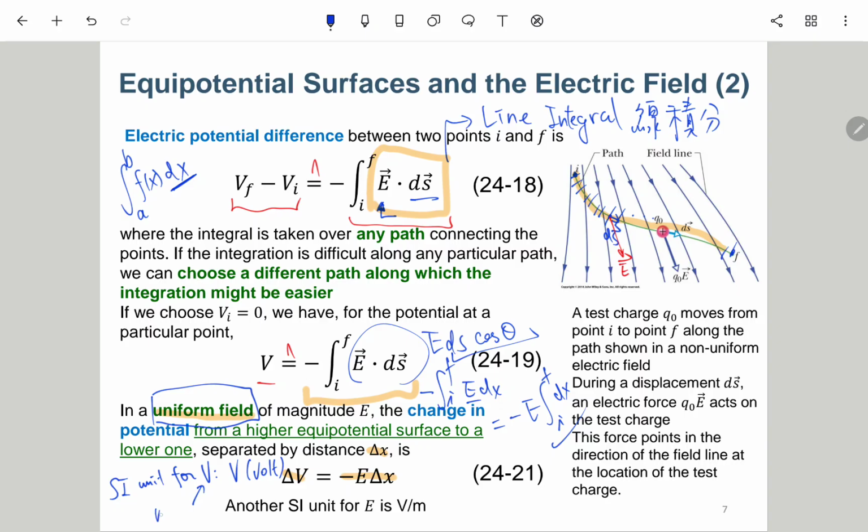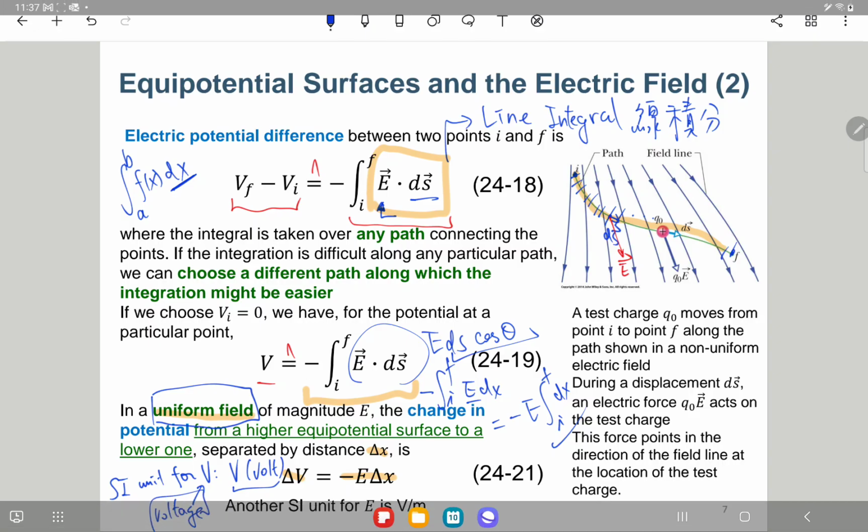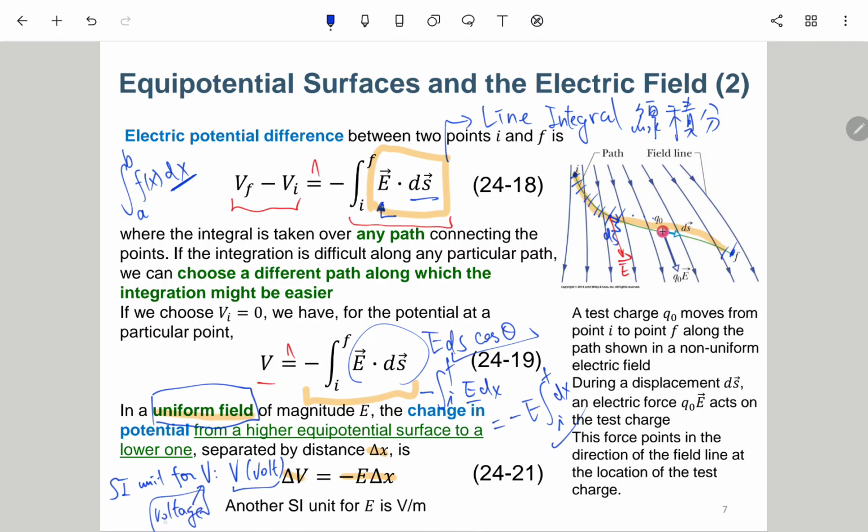So this is voltage. volt 是单位 ，volt 是这个我们中文叫做电压叫做电压 ，volt 是单位。很多 PhD 学生都不会分 volt 跟 voltage 的，所以就是 volt 是单位 ，voltage 是电压，这个 V 本身。